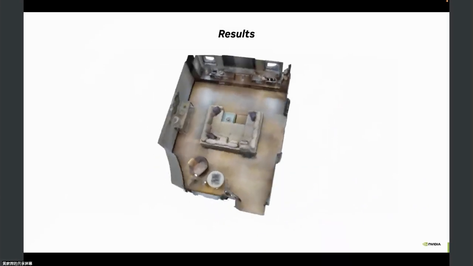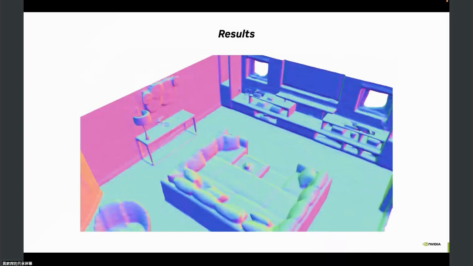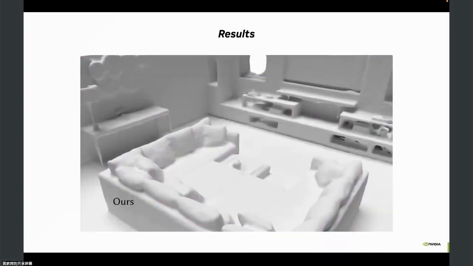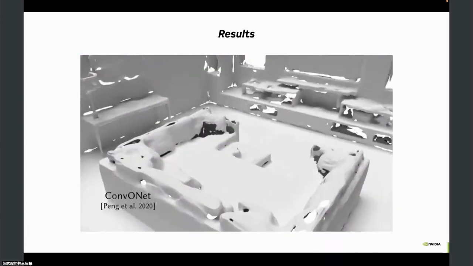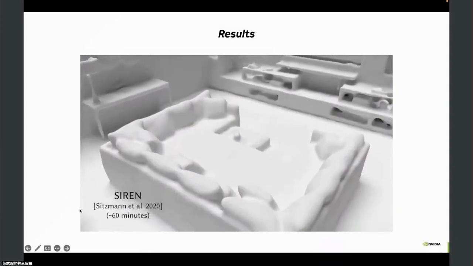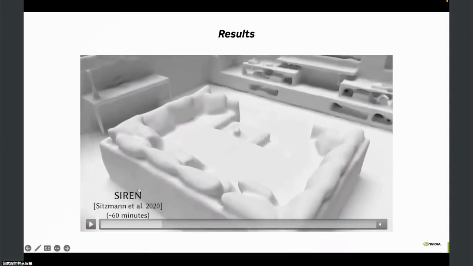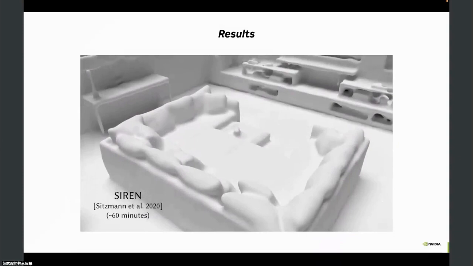As you can see, in this room geometry, where we have a lot of appliances or sofas, there is a traditional method like ConvONet or SIREN, if you are familiar with the SIREN framework, which also tries to minimize the energy function, but tackles it in a first-order way. That means it uses an SGD optimizer or Adam optimizer to optimize a neural field. But that optimization is going to take a very long time, like 60 minutes, without a highly efficient